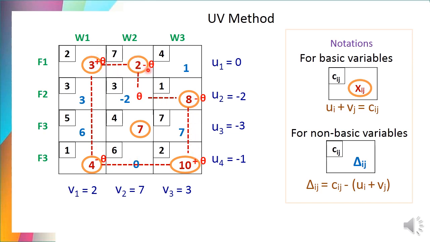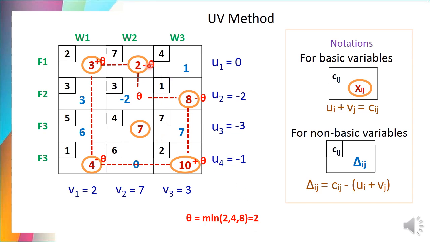The value of theta is this. Whenever we go for the subtraction, 2 minus theta, 8 minus theta, 4 minus theta, it should not give a negative value. At the minimum, it should lead to zero values. So the theta value is nothing but the minimum among these minus thetas. So it is 2 comma 4 comma 8. So it is nothing but 2. So the theta value is 2.